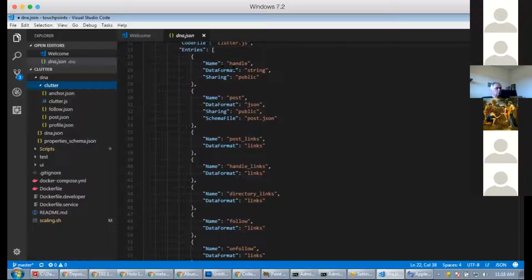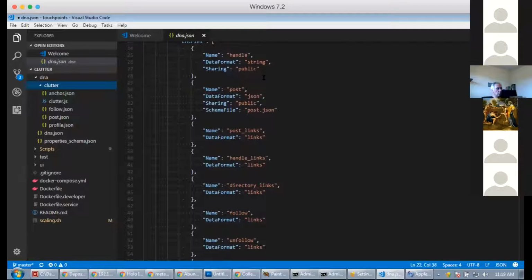Some of this is going to be changing, but for now we have this data format of basically string. If the sharing is public, then this data can be written to the DHT. If the sharing is not public, then it's only going to be written to your local chain, and we'll never attempt to share it to the DHT.